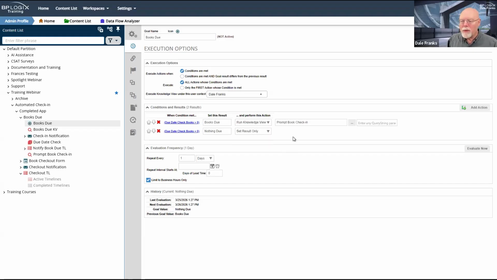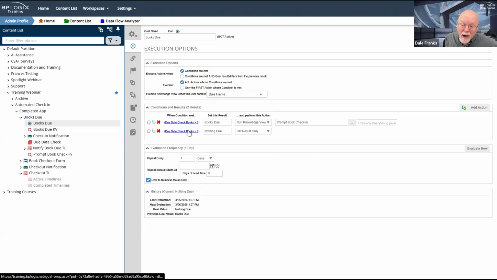That's why we built the prompt book check-in knowledge view, so that it will return all of the books that are due to be checked in. Like I said, if there are 5 of them, I'm going to have 5 rows in the knowledge view, and that knowledge view will invoke 5 separate timeline instances, 1 for each of those books. So I'm going to use run knowledge view, and I'm going to prompt book check-in.